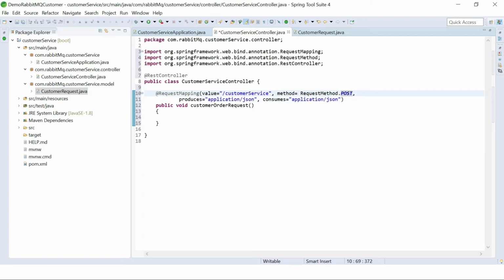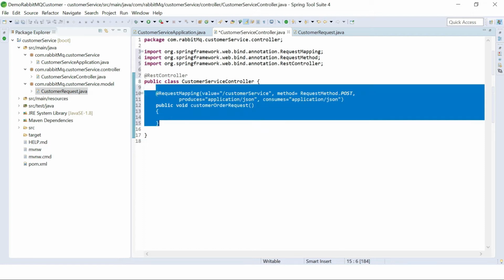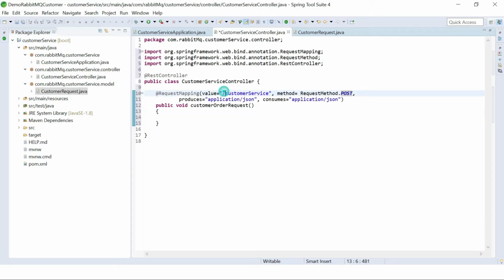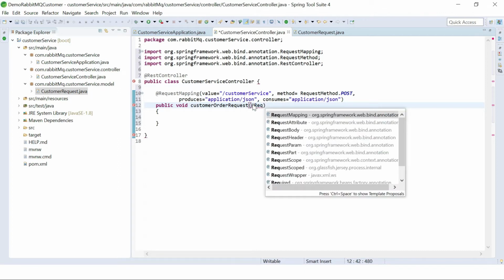Okay, so we have mapped this method. This is the URL and this is the post method, and it will consume the JSON request. Now, as it is a post method, it should accept a request body.